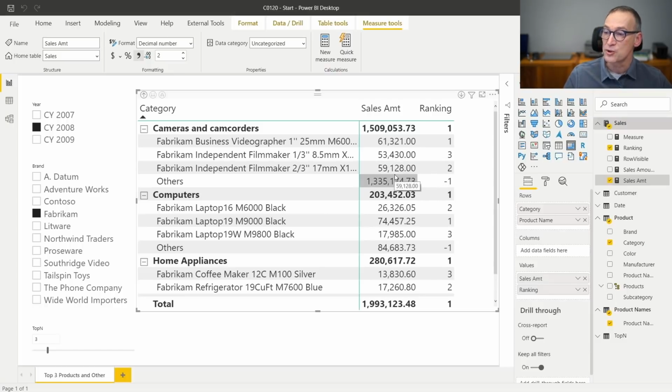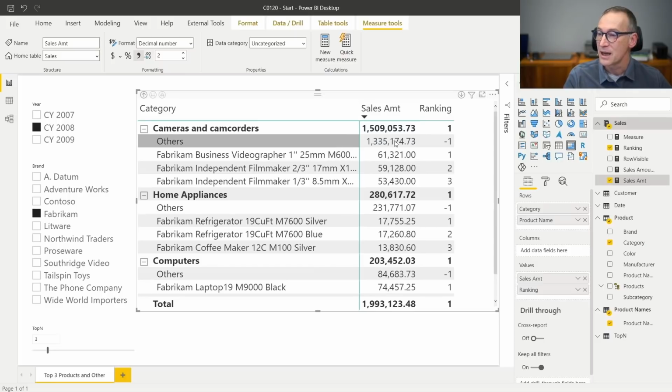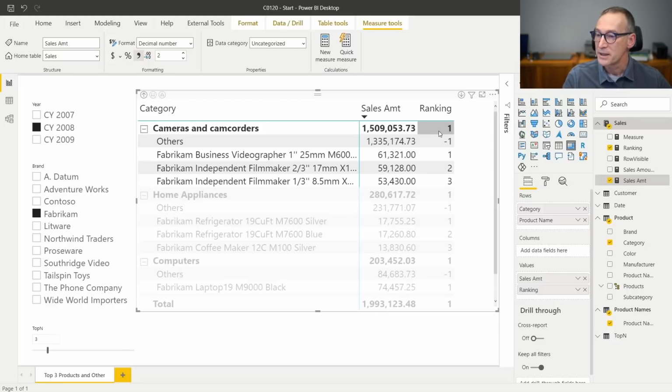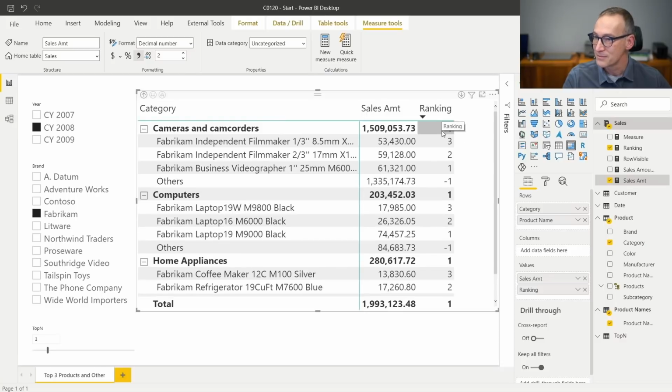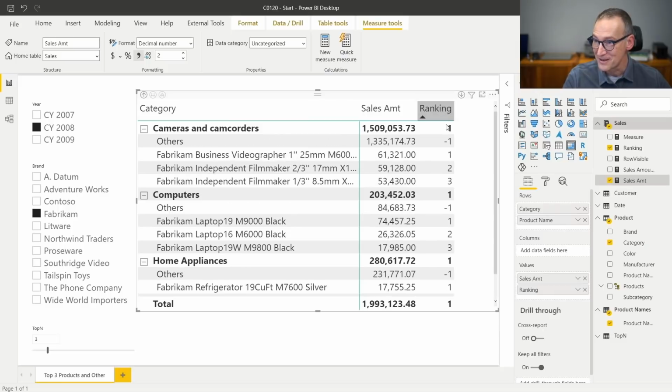Data right now is not sorted, and if I sort by sales amount, you see that others appears at the beginning, but this is by chance, because of the number. If I sort by ranking the right way, descending, it appears also always at the top, because I'm using -1 for the ranking of others.